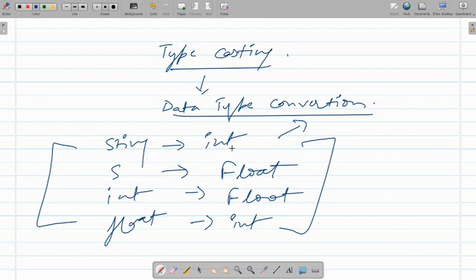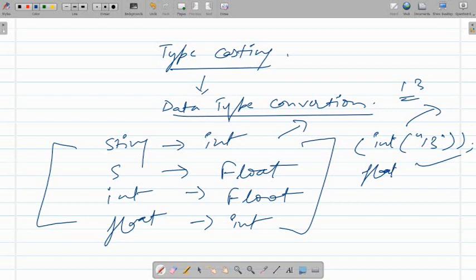If you want to convert string to integer, then you have to use int, and then you give the string into this function. This function will return 13 as an integer value. If you want to convert string to float, you have to use the float typecaster. Now this will return 14.0 as an output.